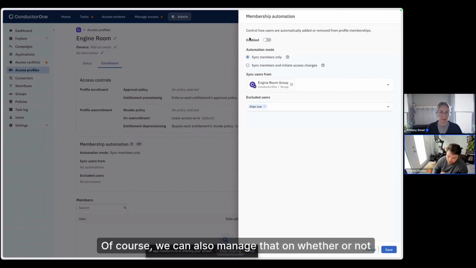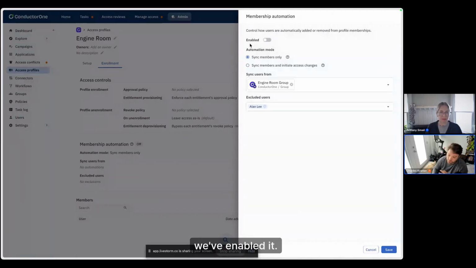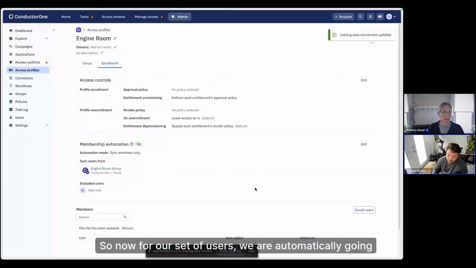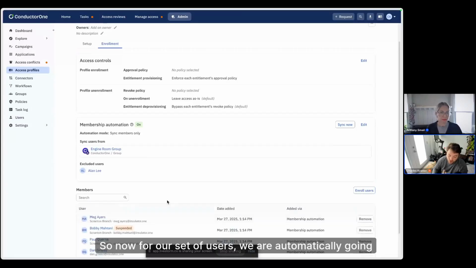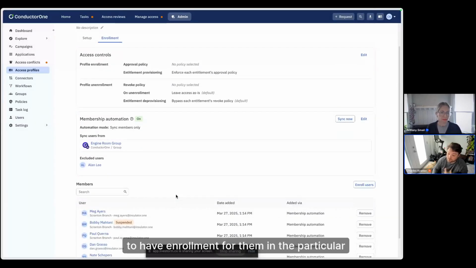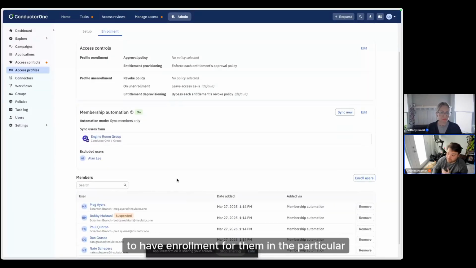Of course, we can also manage that based on whether or not we've enabled it. So I don't have to enable it immediately. I can save this. Great. So now for our set of users, we are automatically going to have enrollment for them in the particular entitlements